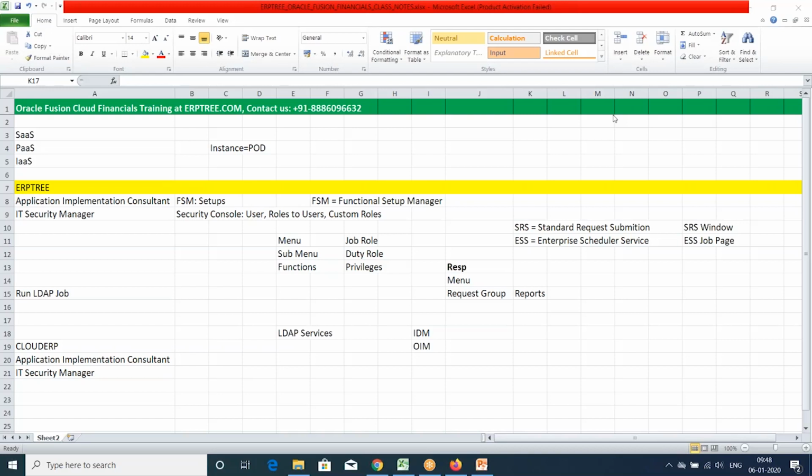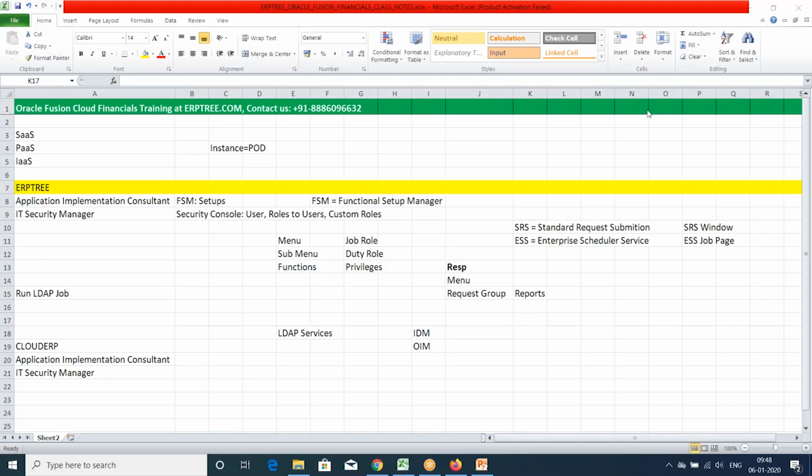So from your experience, it's hard to go with pure SaaS, right? If a client already has Oracle EBS, which they have been using for a long time, with multiple customizations, have you seen that they move directly to SaaS or they prefer PaaS?